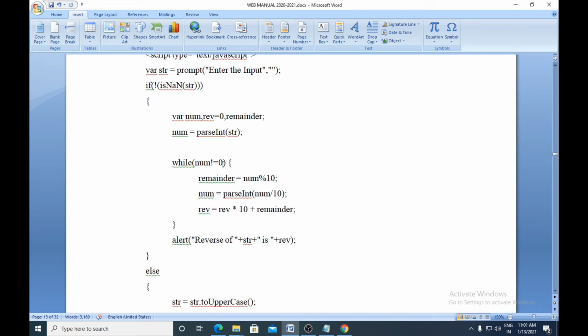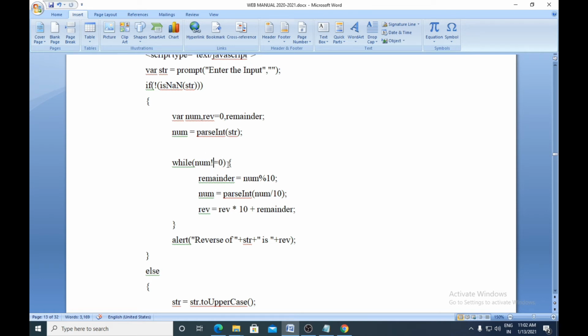Inside the while loop we have the code for reversing a number. This is the usual code which we study, so when you trace this particular code, you will find the reverse of the number. This will go on until num becomes 0.